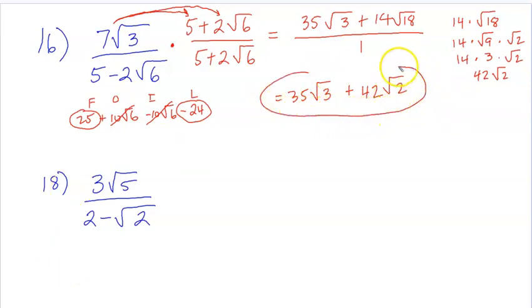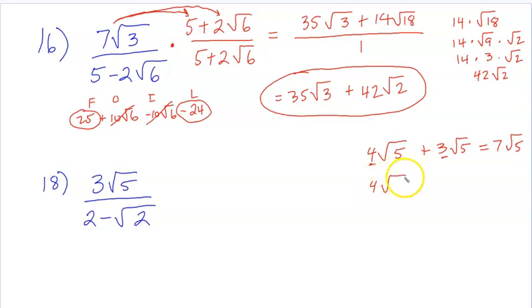And you might be thinking, well, why can't we add these together? Well, we haven't talked about adding or subtracting radicals, but I'll just go ahead and touch on it now. In order to be able to add these literally and combine them together, they have to be the same. So not only does the root have to match, but the numbers under the radicals have to match. So I'll just give you a sample. It's okay to do 4 times the square root of 5 plus 3 times the square root of 5. That just makes 7 times the square root of 5. You just add these two numbers together. But if I have 4 times the square root of 5 plus 3 times the square root of 4, I cannot add these together because the radicands aren't the same. All right,